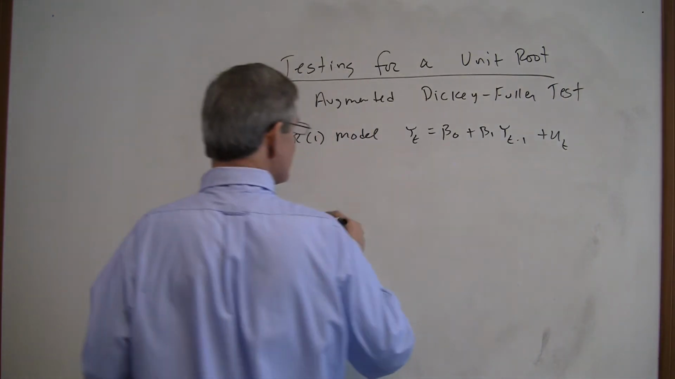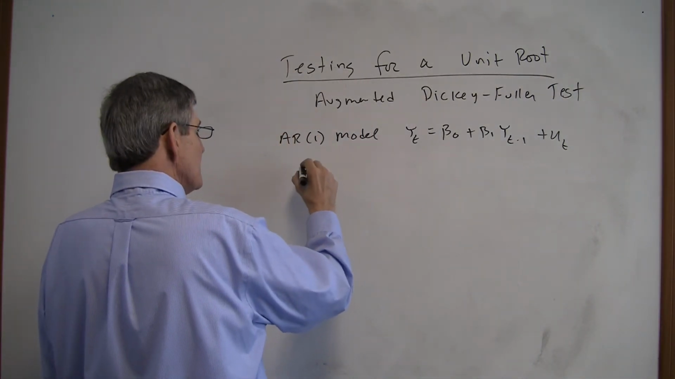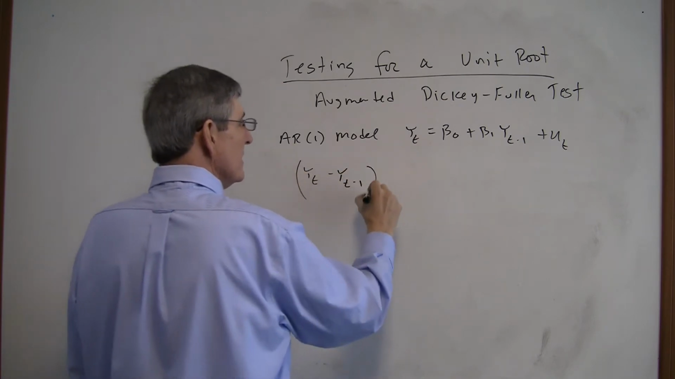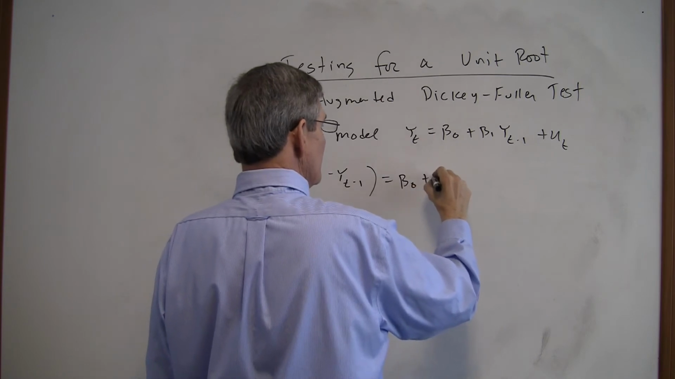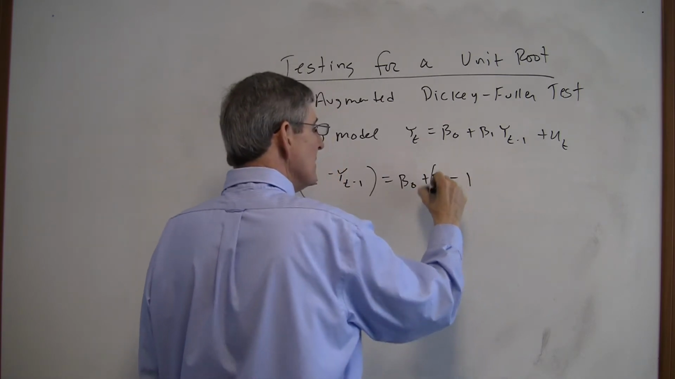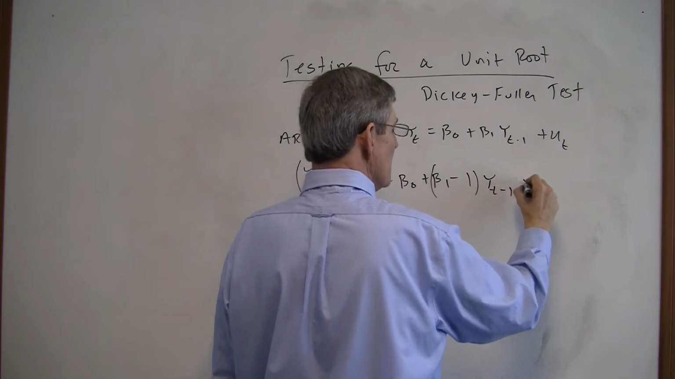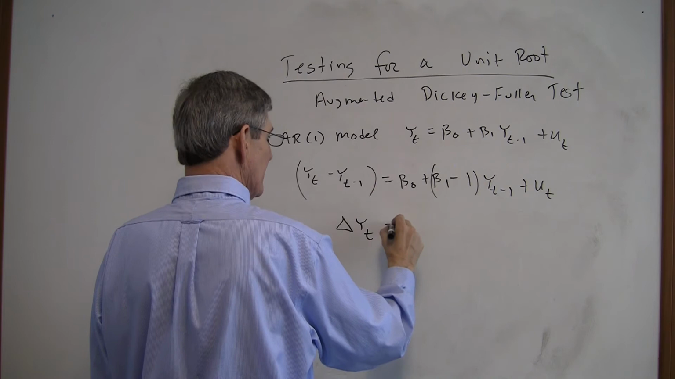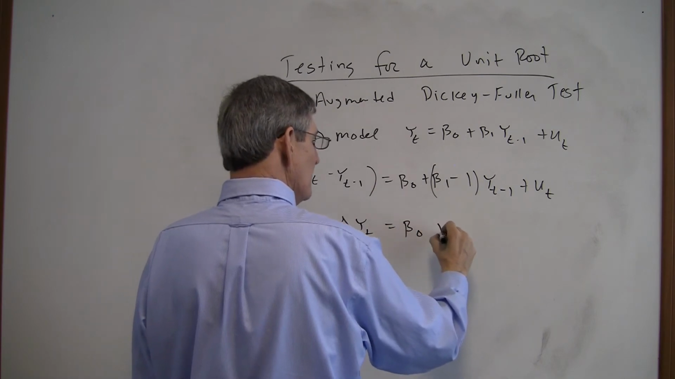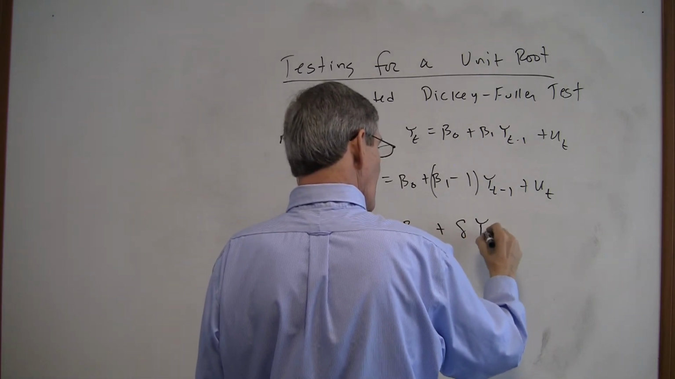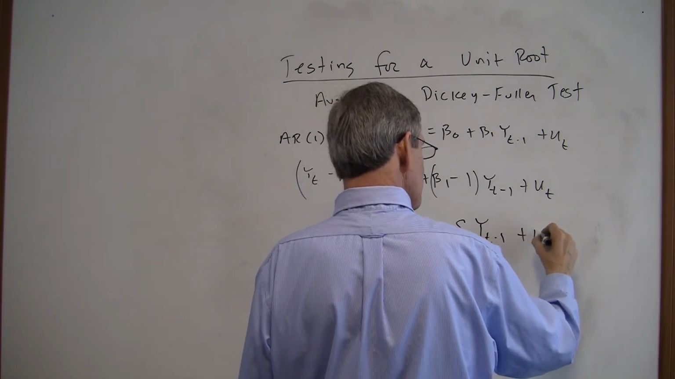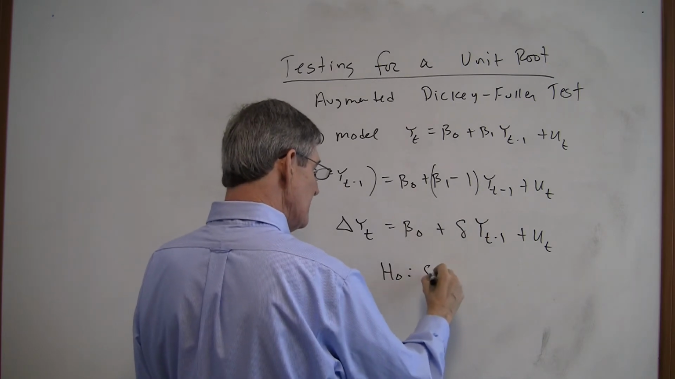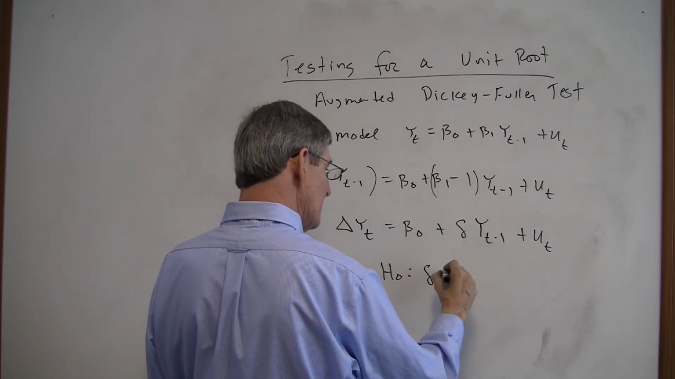What you can do is subtract y_{t-1} from both sides. So Δy_t equals beta 0 plus (beta 1 minus 1) y_{t-1} plus u_t. So Δy_t is beta 0 plus delta y_{t-1} plus u_t. Now we can just do a standard test. We can just look at the output because the null is that delta equals 0